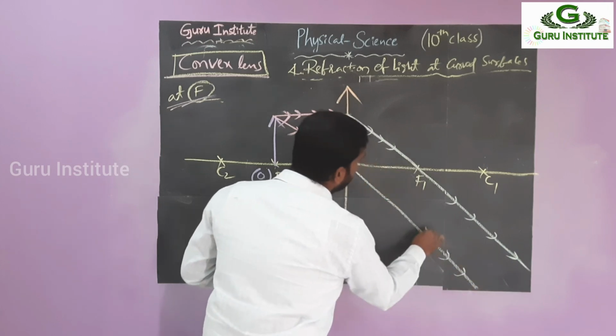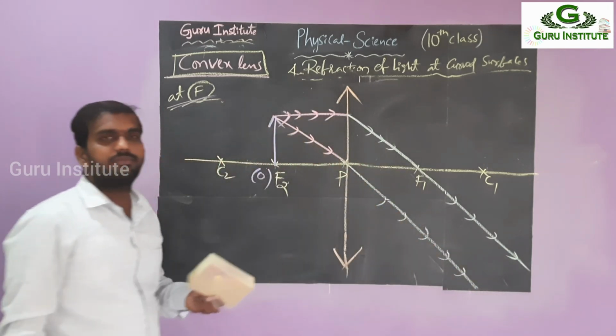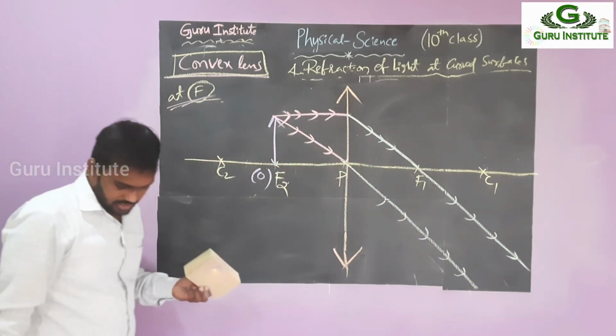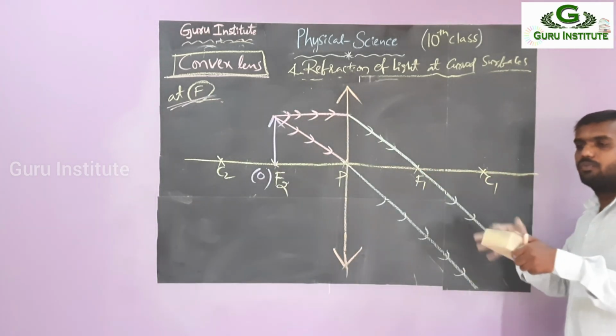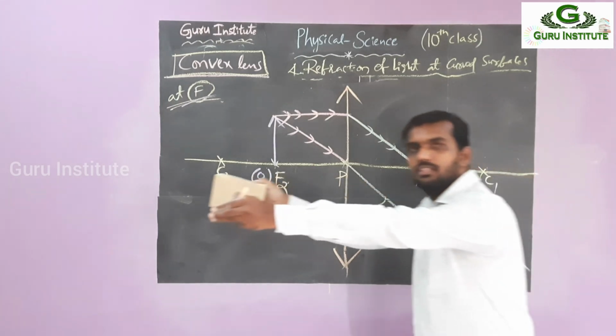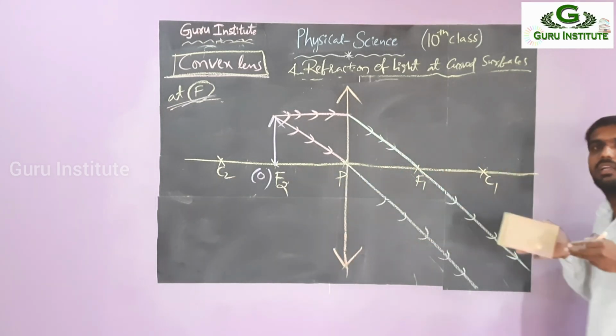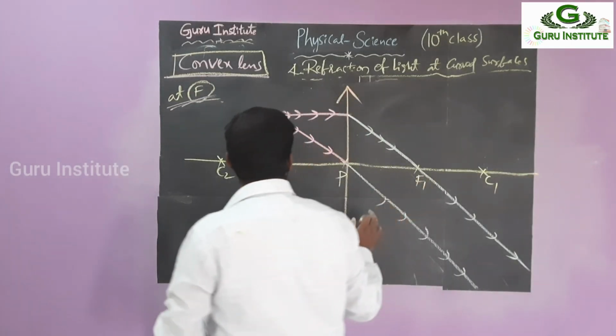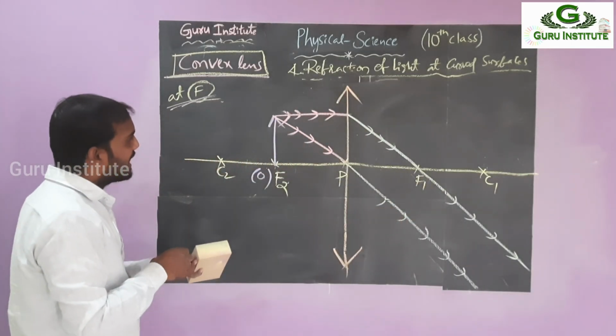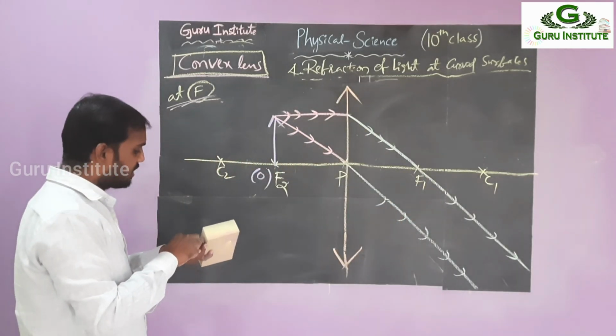Okay, right. Whether these two meet anywhere? They are not met at any time. Why? Because they are parallel rays, so they are moving like this. If we extend backside also, the parallels do not meet. So already you know that if in the front side they do not meet, you have to extend into the backside. So let's check whether they meet or not.